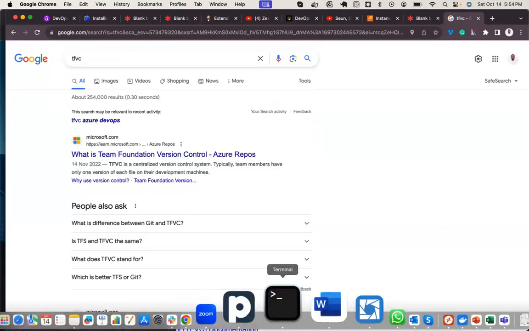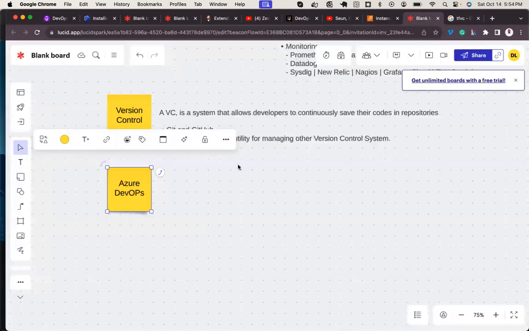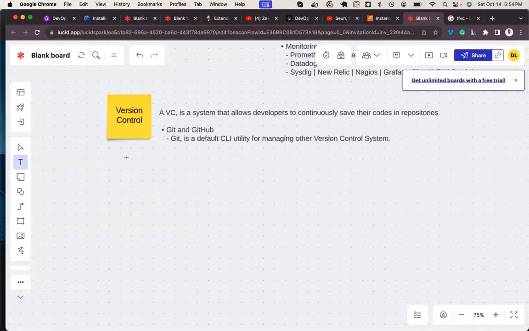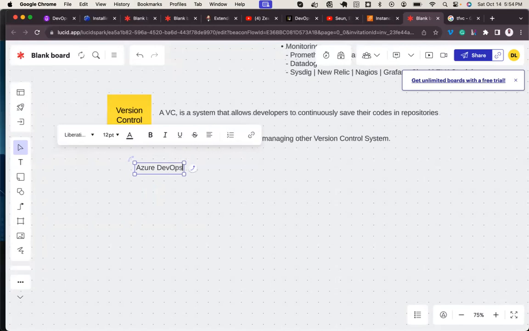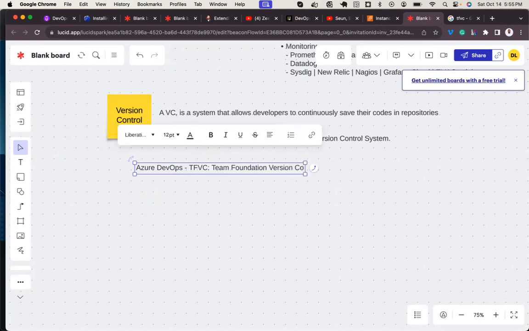So for Azure DevOps, we have the default. Now, for Azure DevOps, the default is TFVC, which is Team Foundation Version Control.